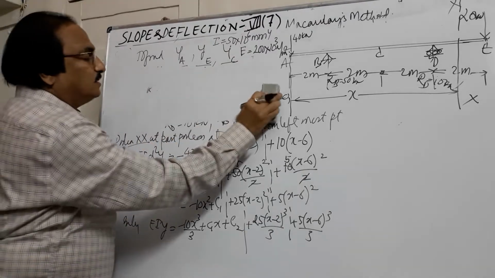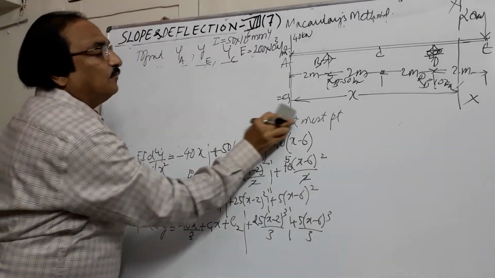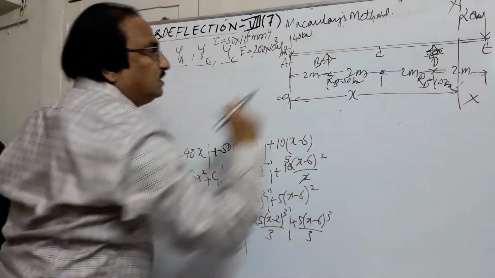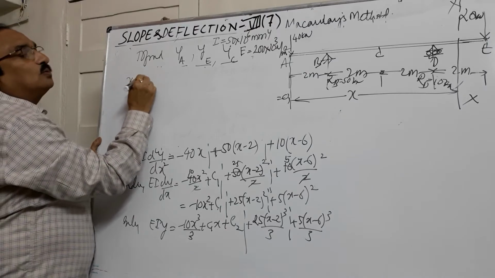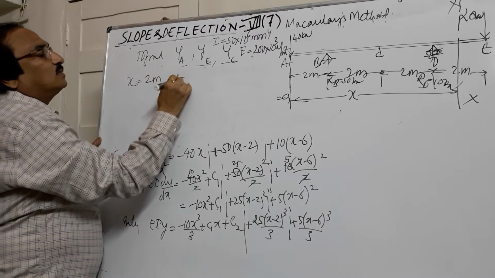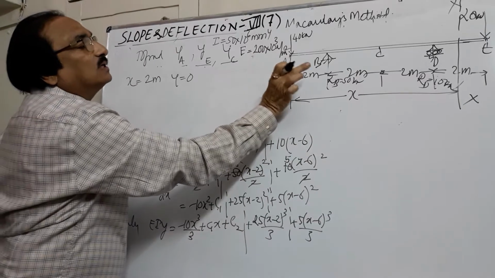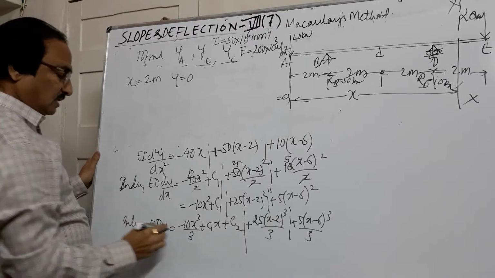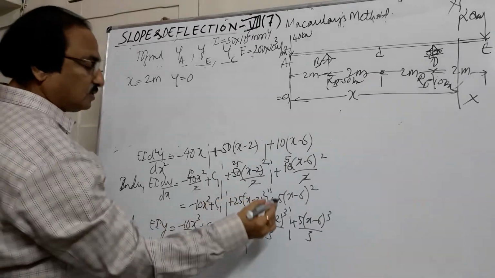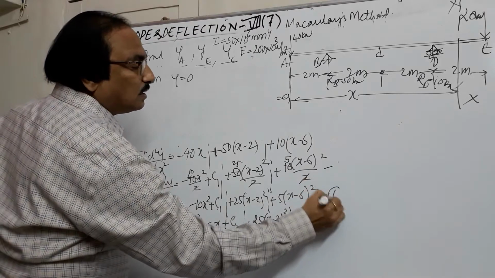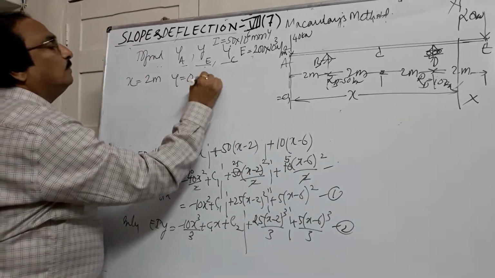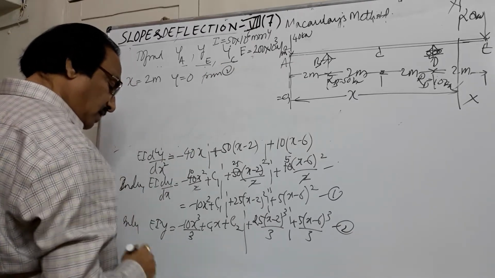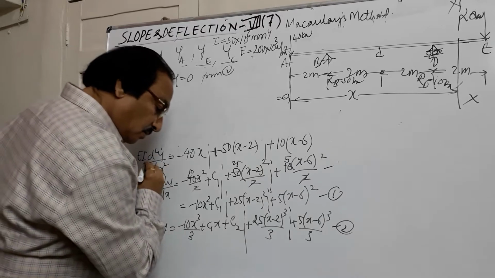So for finding out C1 and C2, we use the boundary conditions. We know at the simple support deflections are 0. Here deflection is 0, here deflection is 0. So when x is equal to 2 meters, y is equal to 0, because we are measuring x from here. So at x is equal to 2 meters, the deflection is 0. If I substitute that in this equation for deflection, suppose I call this 1 and this 2, so from equation 2, if you substitute the value of the boundary condition,